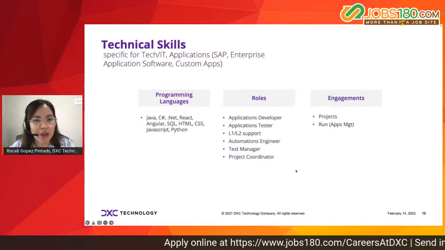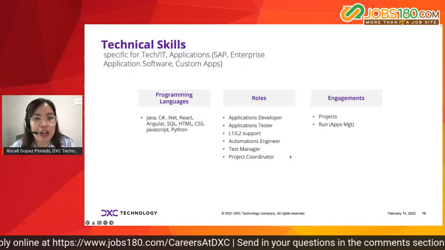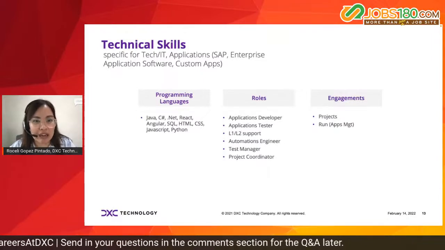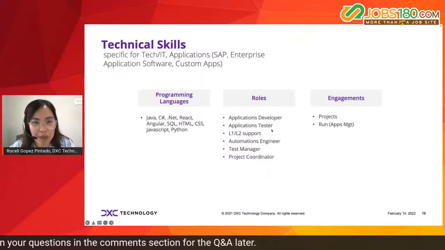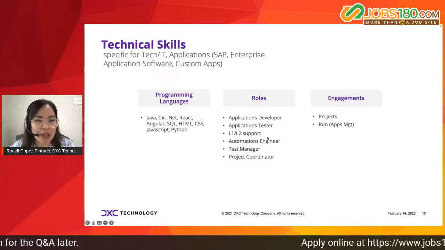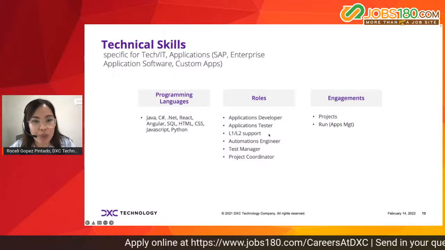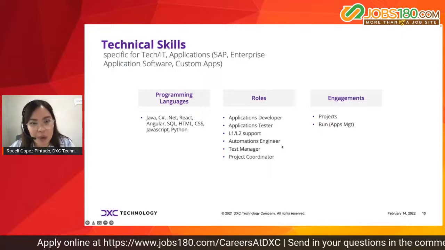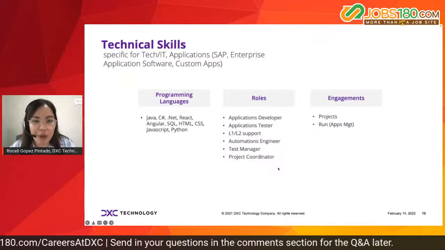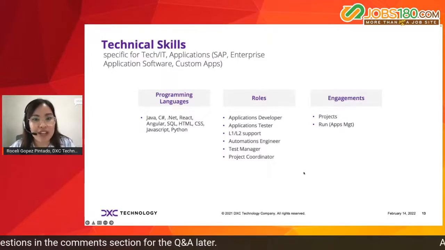For roles, in case you're wondering, okay, I'm an FG, or I'm a fresh grad, I'm an early career, what kind of roles can I have within tech, right? So you can be an applications developer, you can be a tester. There's also roles within the applications management space as a level one, level two support. If you are interested in automation, you can also focus on automation engineering. You can be a test manager, you can be a project coordinator. So there's really a lot of roles for a fresh grad